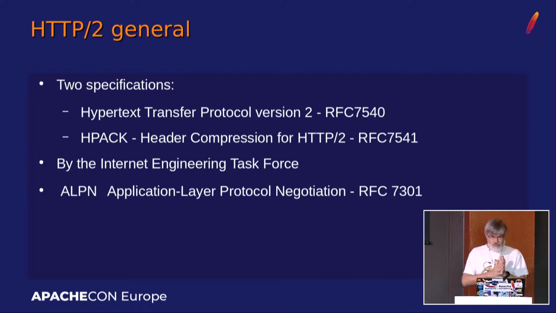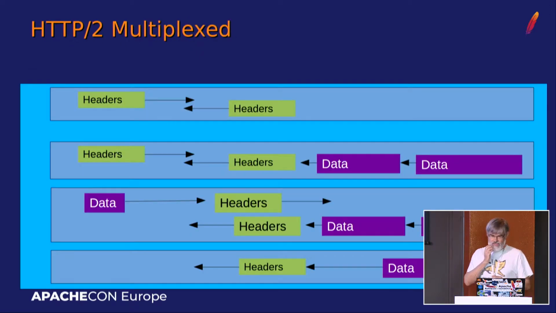What does it use also? It uses the Application Layer Protocol Negotiation. This is something which is going to be in the first TLS packet that is exchanged. The client is going to tell, I'm able to do that, and the server is going to answer, well, let's do this one.